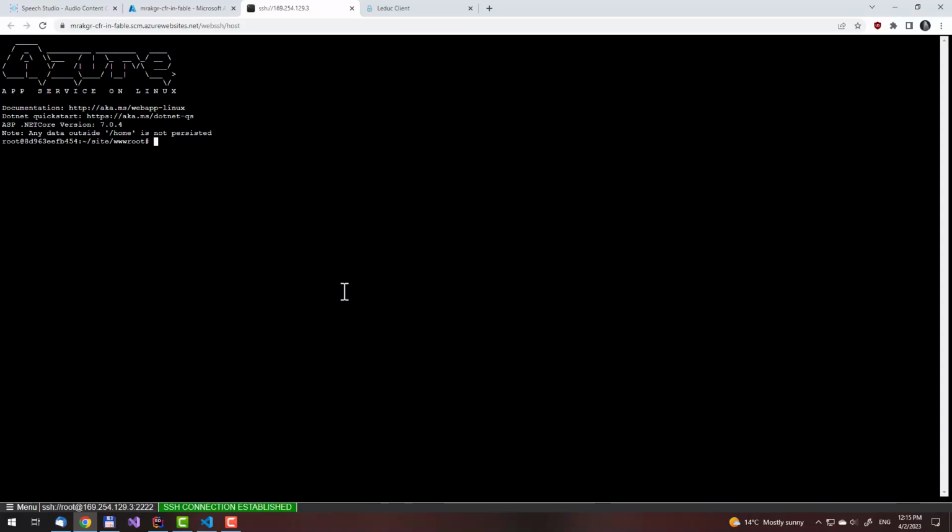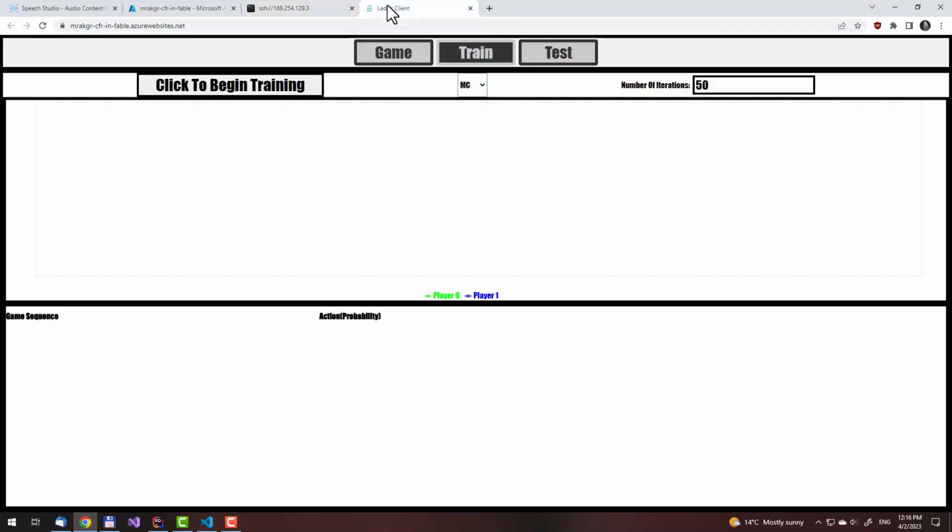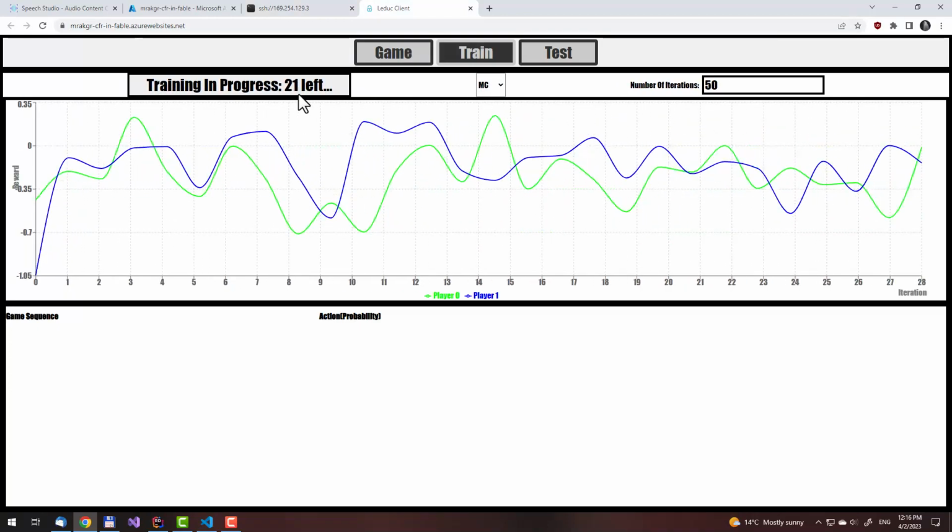We'll speed up the recording, and after 1 minute and 15 seconds you'll see that as soon as you log in into the remote terminal, the other tab will have finished loading as well. We have successfully remotely logged into the server shell, and on the top you'll see that the web app has loaded as well. We don't need the remote terminal, but let's take a few moments to see if the web